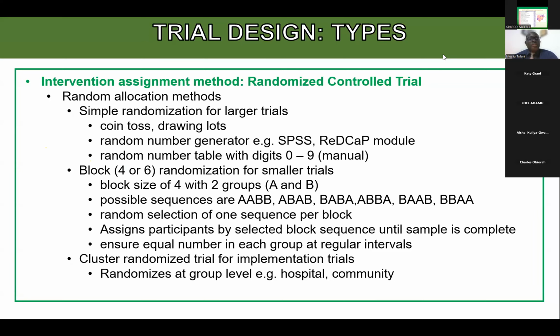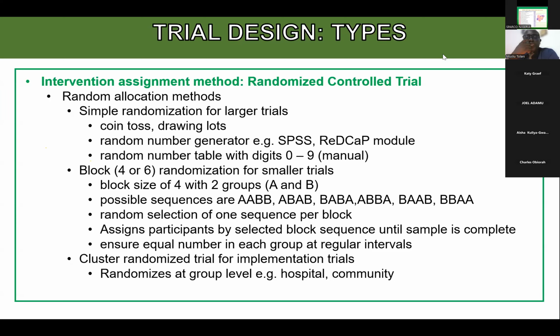But recently, a lot of residents in Nigeria use SPSS to generate random numbers to assign patients into groups. Those that engage in trials also have REDCap, and we've also used the REDCap module to randomize patients into groups. In the past, manually, a random number table can be used to read off,